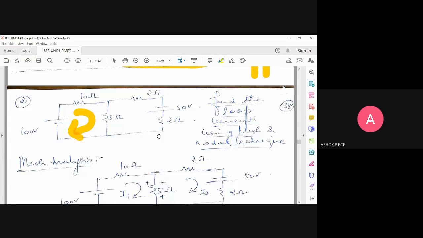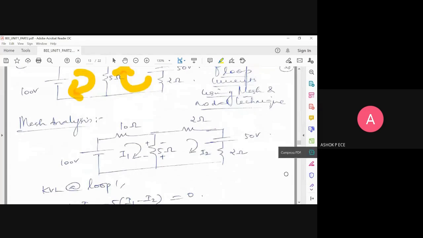What about the second loop? Clockwise. See, in the previous problem I did not have a voltage source, but here I have a voltage source, and the general logic is current is going to flow away from my voltage source. So here also I'm going to assume the direction to be clockwise. If this direction is wrong, I'll get the answer negative. So for now, logically, I'm going to assume this way. See the directions I have marked.